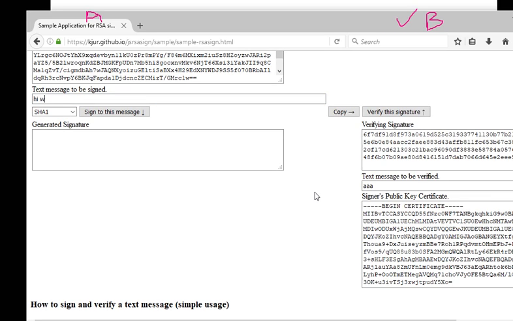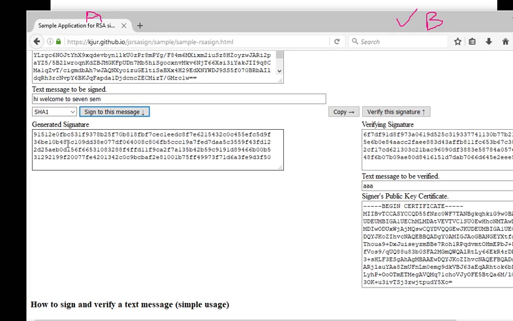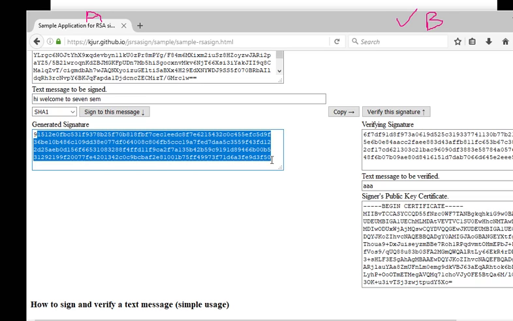Here I am going to type: hi, welcome to 7/7. Which algorithm am I using? SHA-1. Now I am signing this message. After signing I get the hash value. This is the hash value. So I will send this message to the receiver.